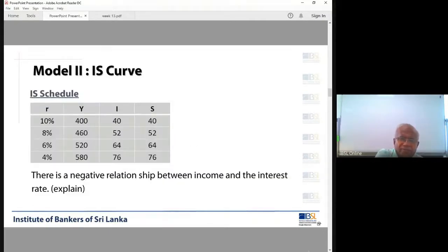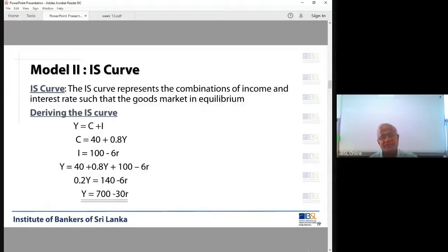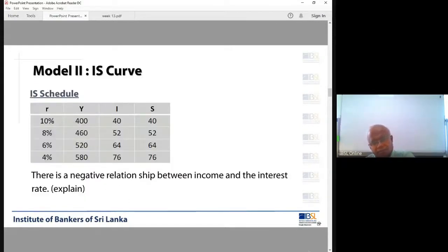Now you can see a very interesting relationship. Investment equals savings. That is the meaning of the IS curve: the investment equals savings curve. Now let's go back to this calculation. First we derive the IS curve using Y equals C plus I. The equations are the consumption function and the investment function. By substituting these functions, we get the IS curve, 700 minus 30i. Then at each interest rate you can calculate Y.